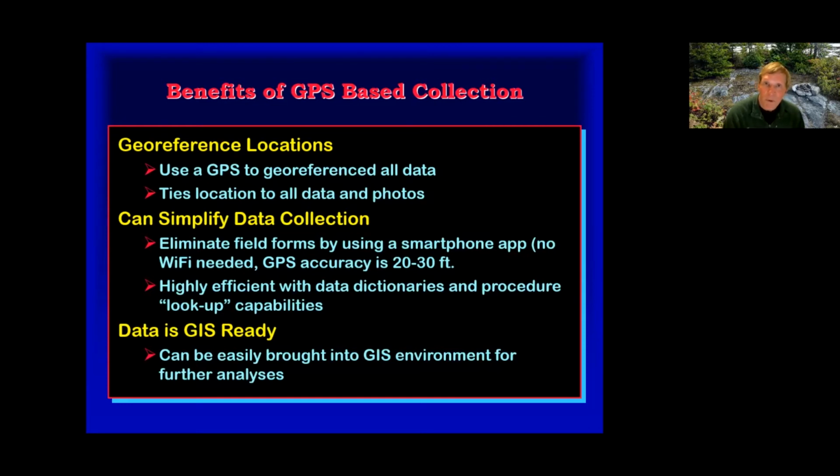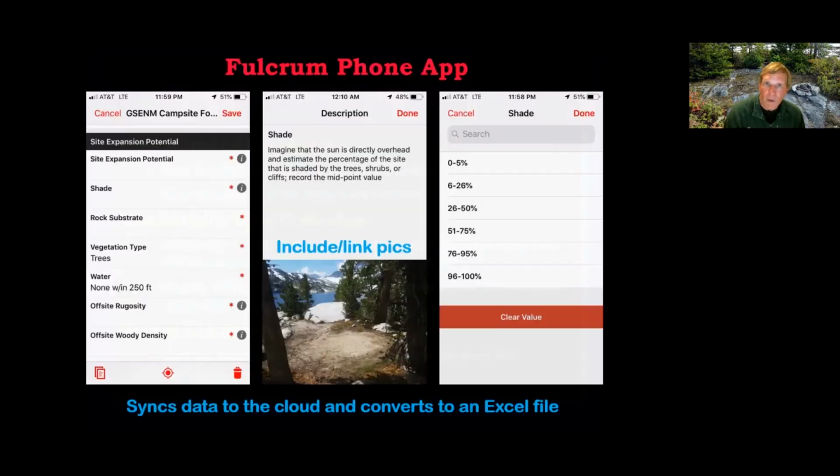And so my phone gives me very accurate GPS data now. And it can simplify data collection. It also allows you, when you georeference all of your data, to use all the capabilities of GIS, Geographic Information Systems, on your computer for analyzing and